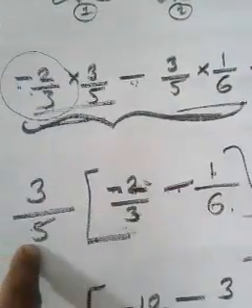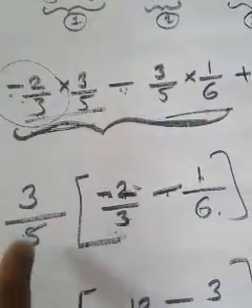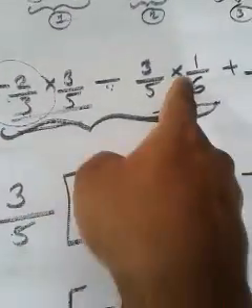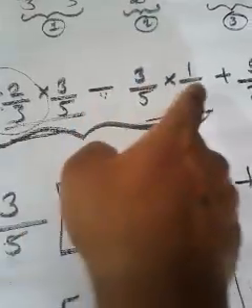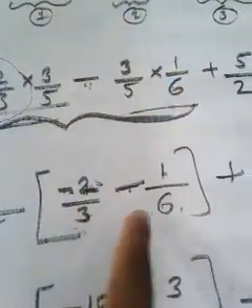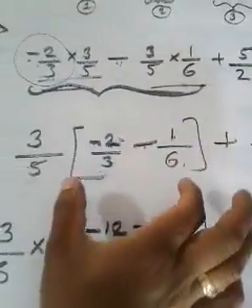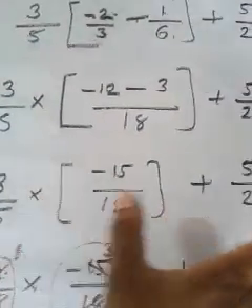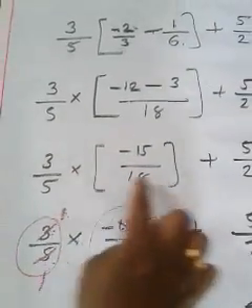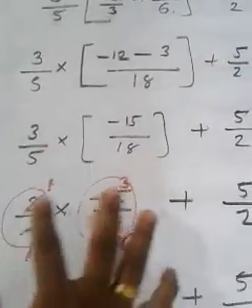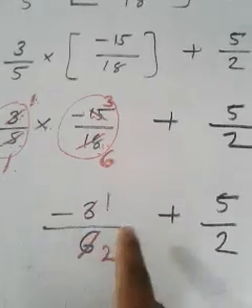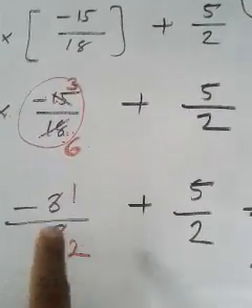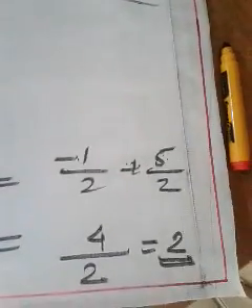I took 3 by 5 outside, no? From both the terms, I took 3 by 5 outside, since 3 by 5 is common for both terms. So here minus 2 by 3 will remain. Here 1 by 6 only remains. When you consider the sign, minus 1 by 6 will remain. Then the last term as it is. And here I applied cross multiplication. After that I got this much. Then in these two terms, a little cancellation is possible. I have done that cancellation, and after that I got minus 3 by 6 plus 5 by 2. Here again 3 and 6 get cancelled by 3. That I did. Then I got the answer as 2.